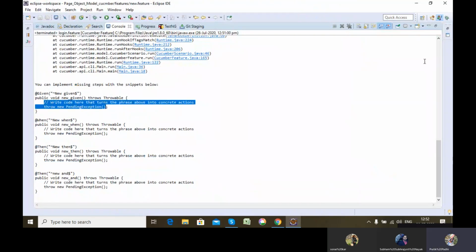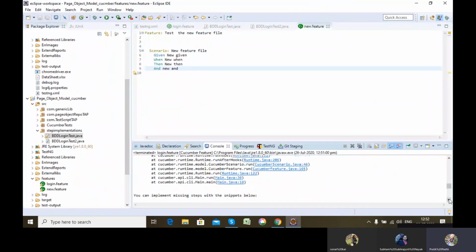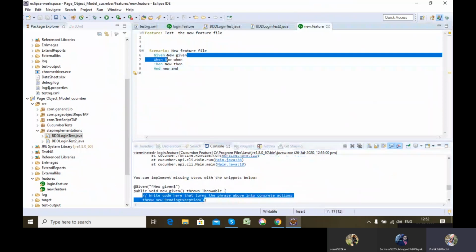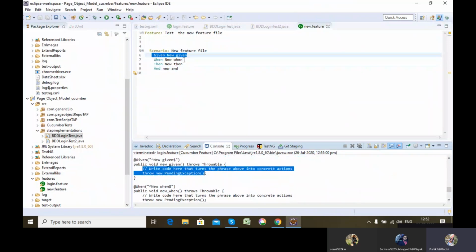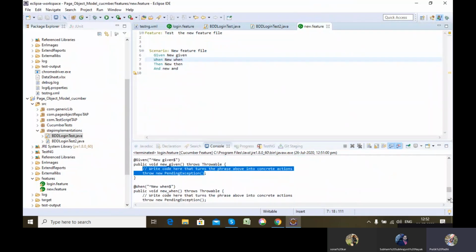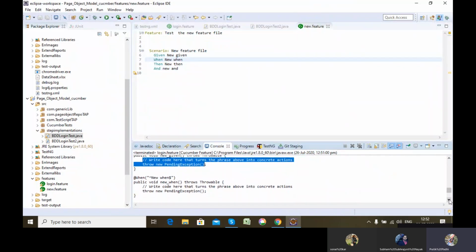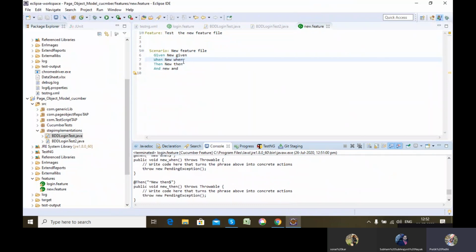New given is for this particular line, then new when, and new then, each for a particular line.